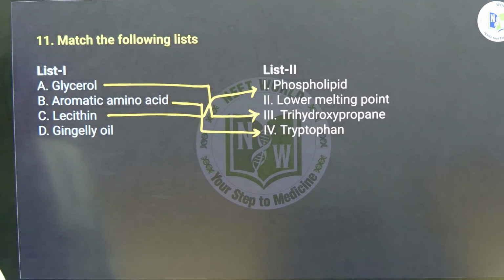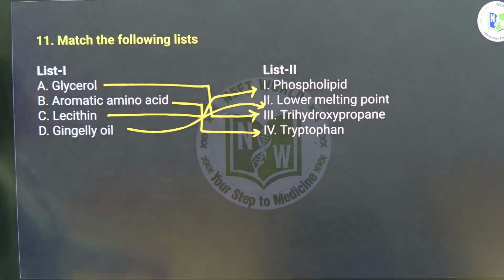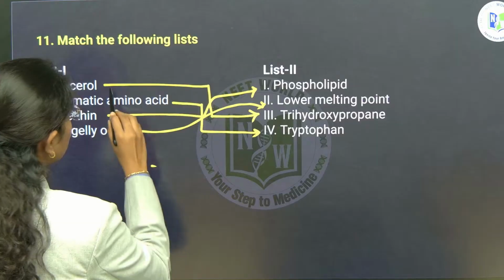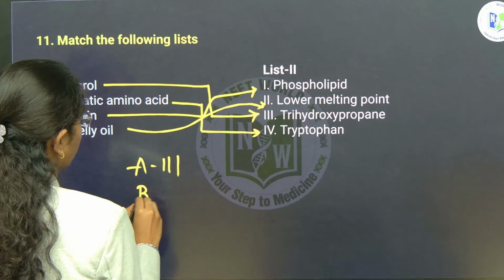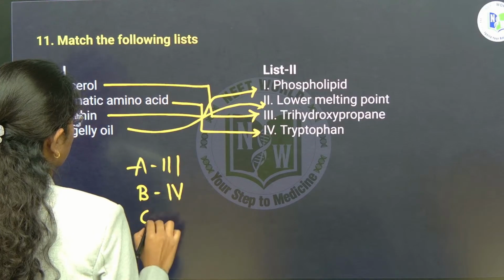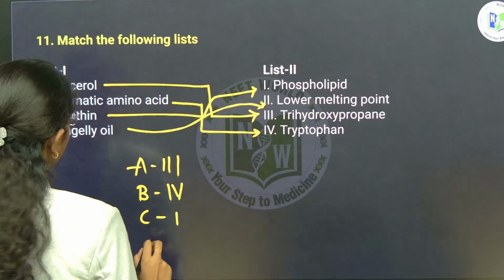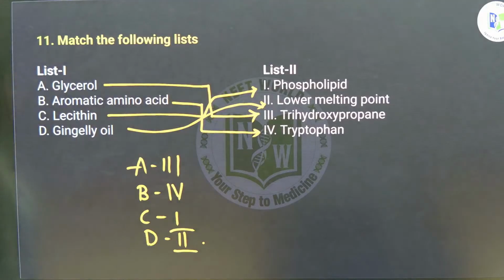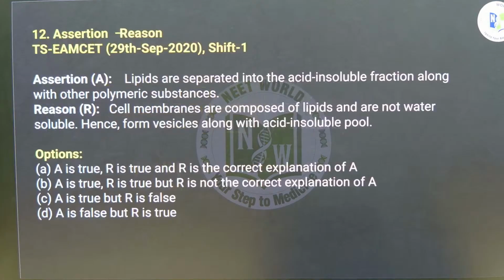Gingelly oil will have lower melting point, also mentioned previously in a statement based question. So, here what will be the right match, ma? A will be option 3, B 4, C 1, D is 2. Fine, right? Any doubt still here? Yeah. Next question,